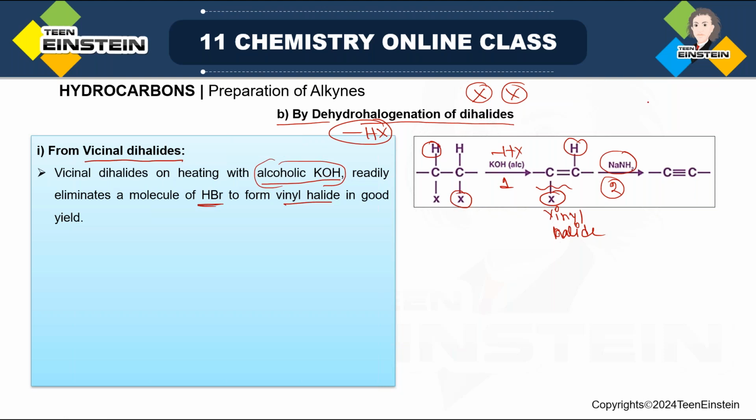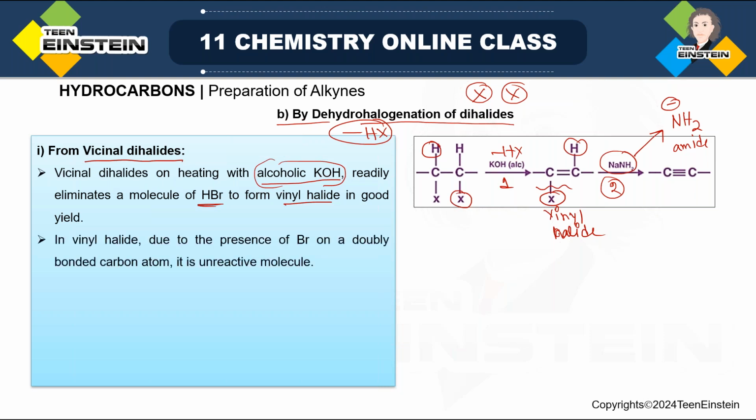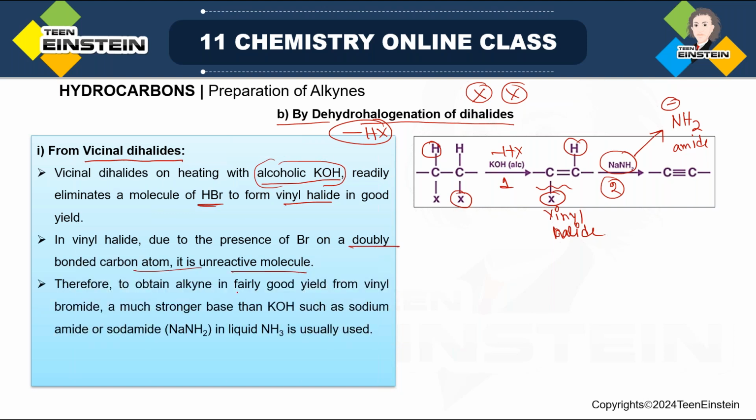Compared to alcoholic KOH, NaNH2 is a stronger base because in this molecule, you have NH2 minus ion, which is called amide. Sodium amide, Na plus NH2 minus. This is a very strong base, and only this type of strong base can remove HX which is already connected to a CC double bond. So vinyl halide, because of presence of bromine or halogen on a doubly bonded carbon atom, is very unreactive, and that is the reason if you want to obtain alkyne in very good yield, a stronger base than KOH. Compared to KOH, higher strength must be required, such as sodamide or sodium amide